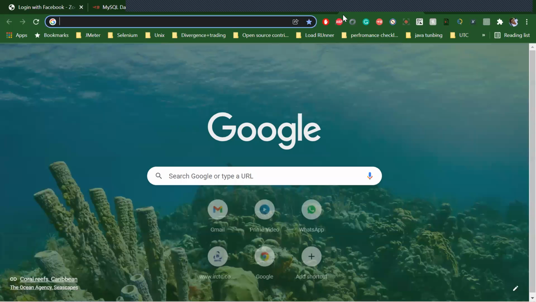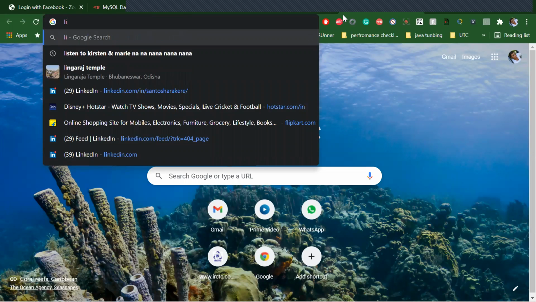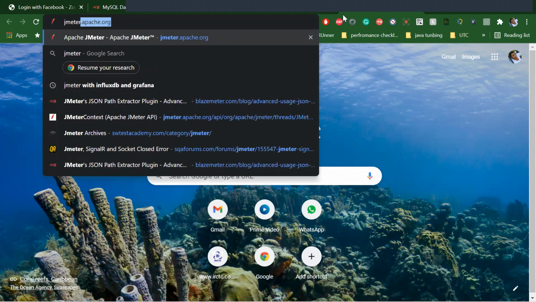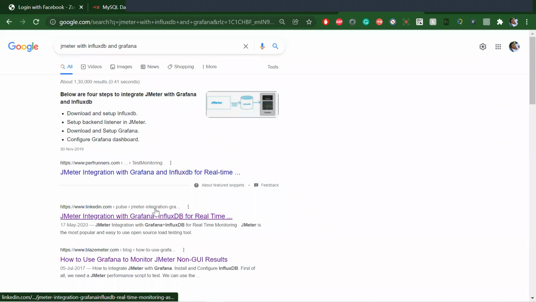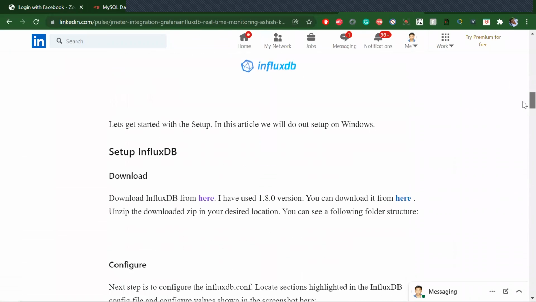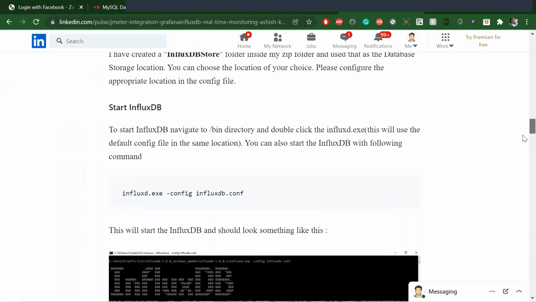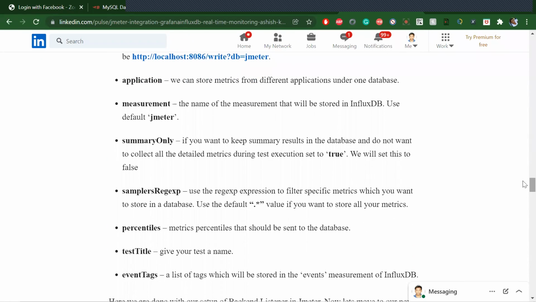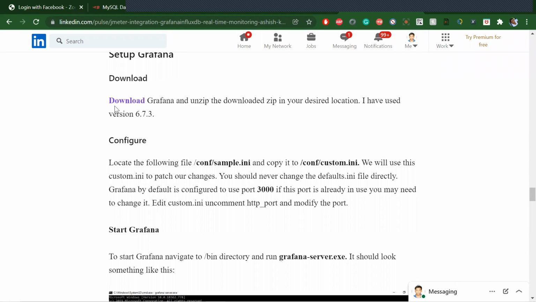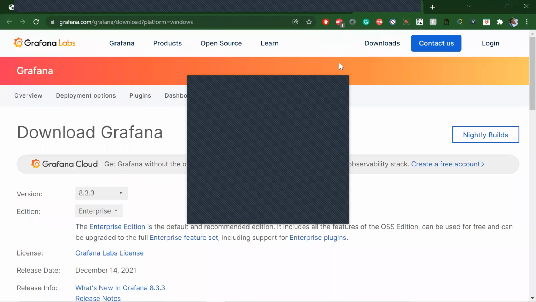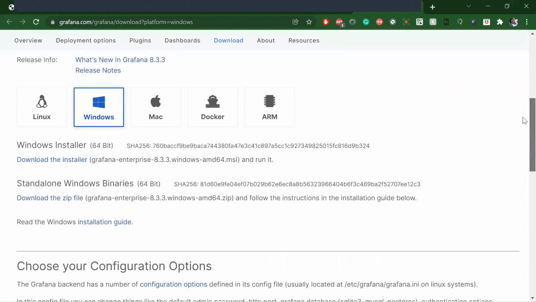There's one article link which I follow, whenever I get stuck with anything on this, even in my office as well. Let's download Grafana, for Windows.